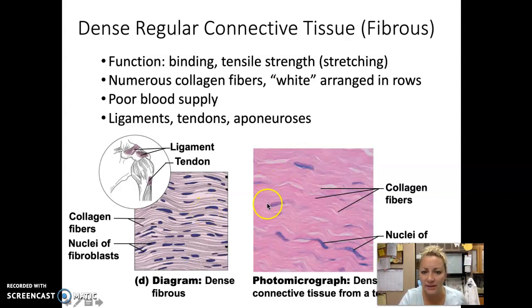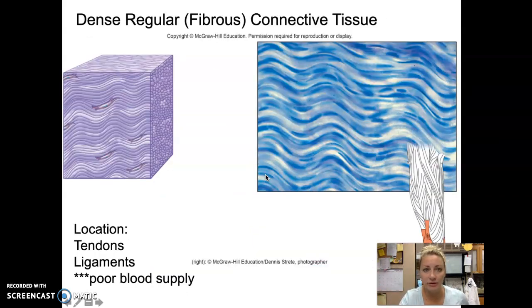Notice how they have these wavy patterns, and they're very consistent with each other, right? They're not exactly parallel, because otherwise they'd be exactly straight bars, but they run pretty regularly with each other, which is why we get regular connective tissue rather than irregular. But this is all for ligaments and stuff. So when labeling these,